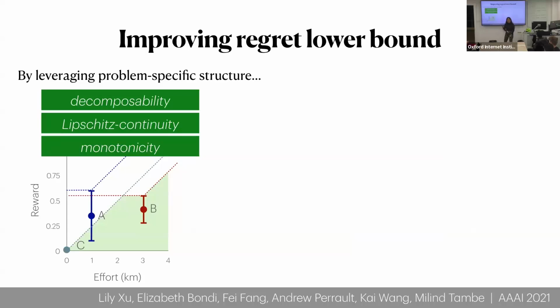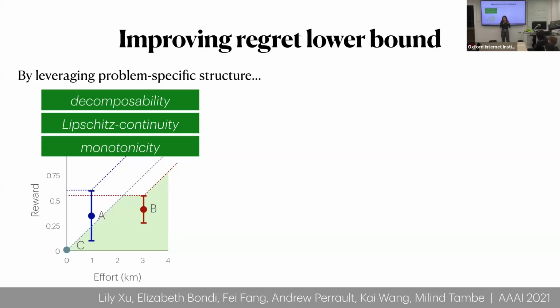I won't go into the details of our algorithm, but basically we design a new version of an online learning algorithm for this setting, using the framework of multi-armed bandits, which is the classic paradigm, where each arm of a multi-armed bandit corresponds with a different action that we can be taking. Here, one arm corresponds with patrolling one area in the park, for example. And we leverage problem-specific structure that we have in this context. So specifically, the